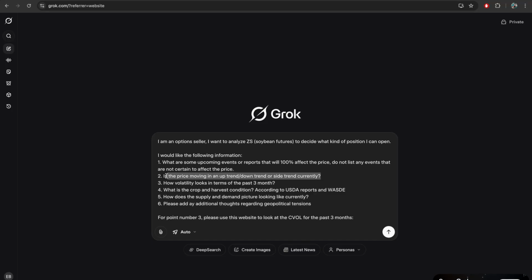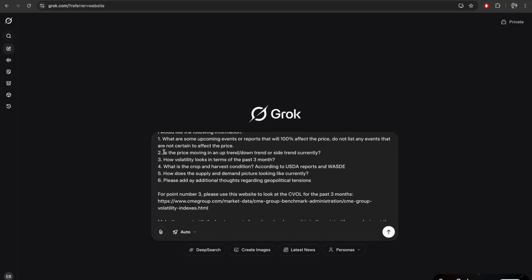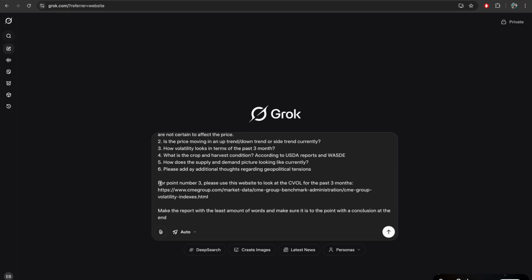Now, obviously we can do it ourselves, but I just want to see what it is saying, and maybe to confirm what I'm seeing. How volatility looks in terms of the past 3 months, and then there's a little point here for point number 3. Please use this website. And this is the commodity volatility index for commodities, and obviously I'm gonna link this prompt